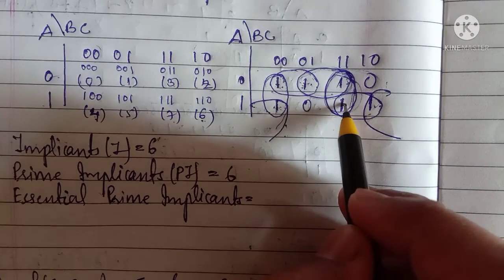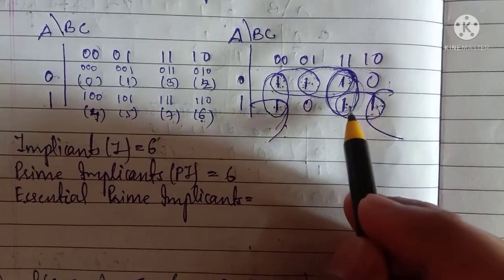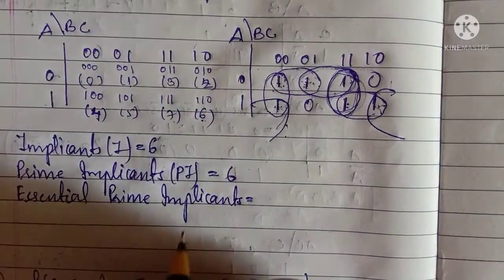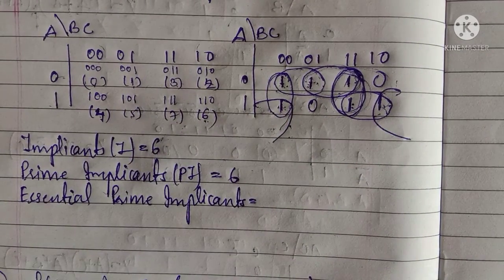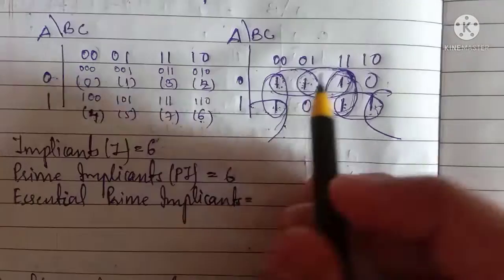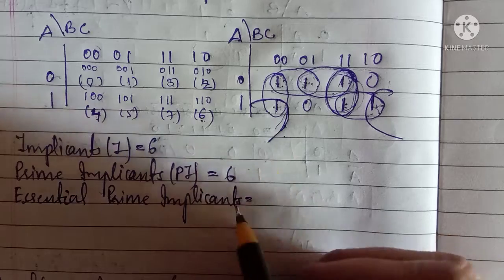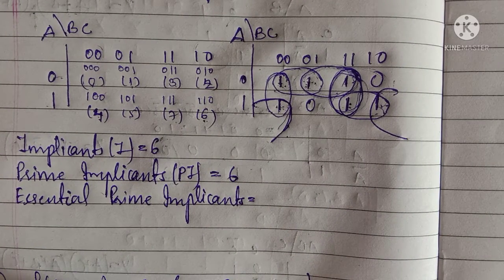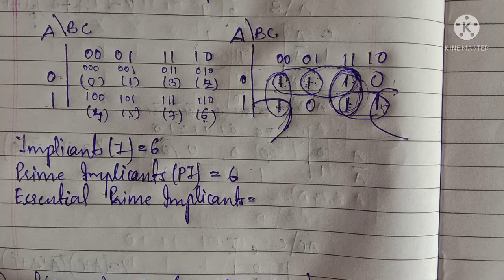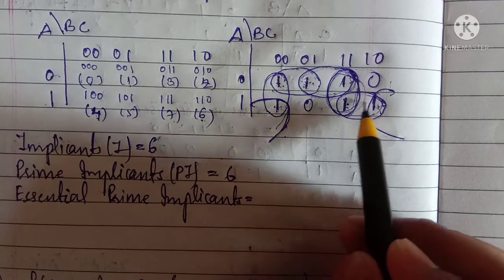And if I make this, this will pair with this, and if I make it with this, it will pair with this. So basically, what happened is, if I break the group that I made in essential prime implicants and form a pair, there is still no forming of an essential prime implicant. Why? Because, taking this pair as an example, if I break this pair